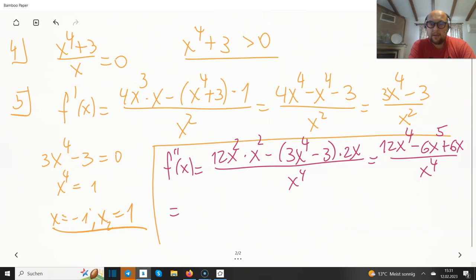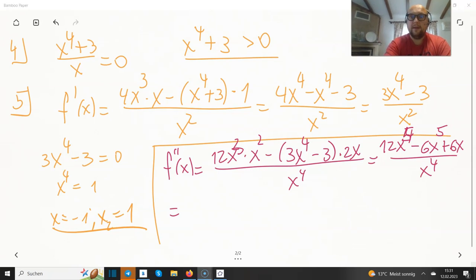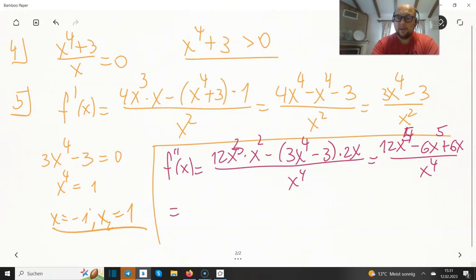I was wrong, right? 12x cubed here. That's why it's 12x to the power of 5. I'm sorry. I have to slightly change it. I will do. No problem. Everybody's human. We're making mistakes. It's not hard, kind of